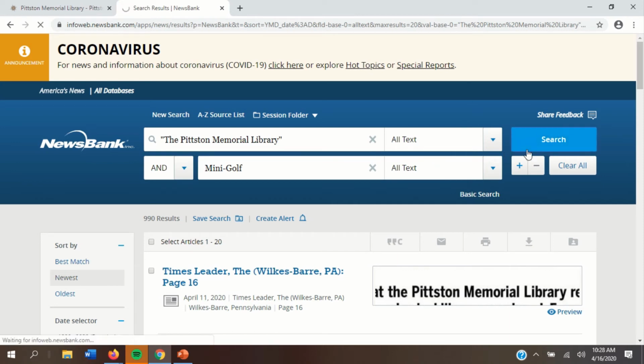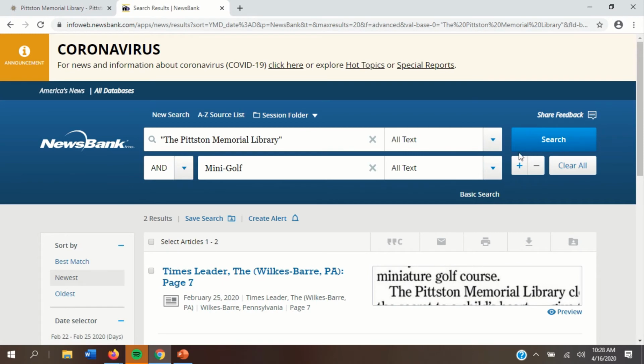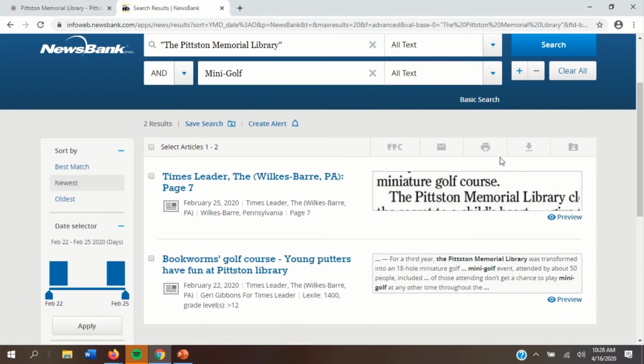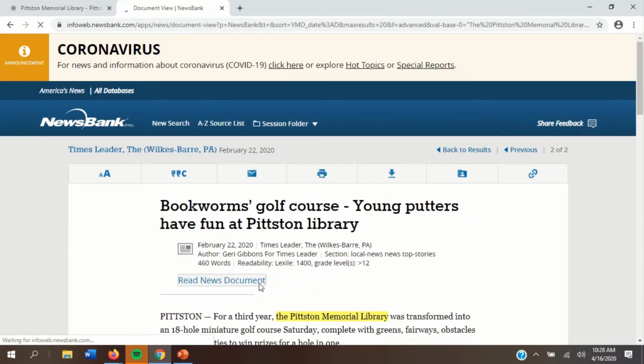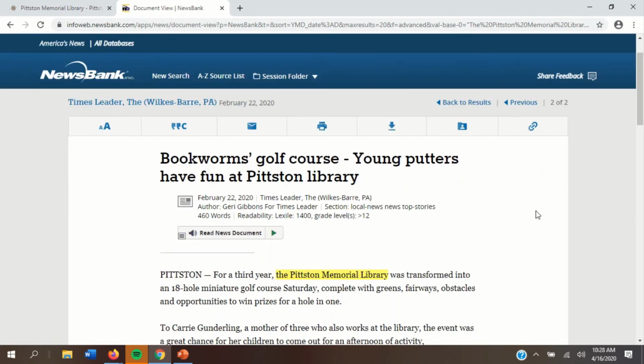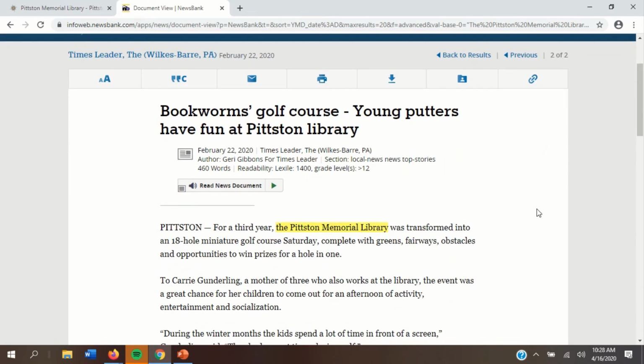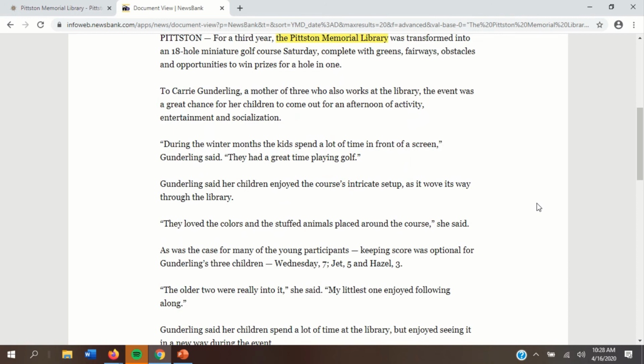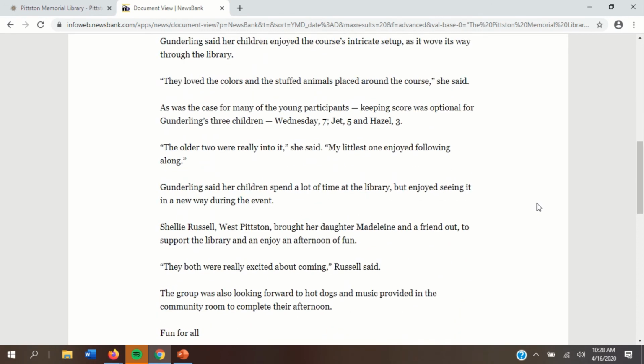You can do a search of that. See, and over here they're talking about our recent mini golf, so we'll give that a click. And right here you're going to see Jerry Gibbons' whole article on the Pittston Memorial Library's recent mini golf.